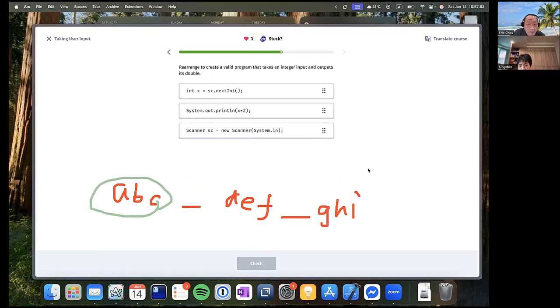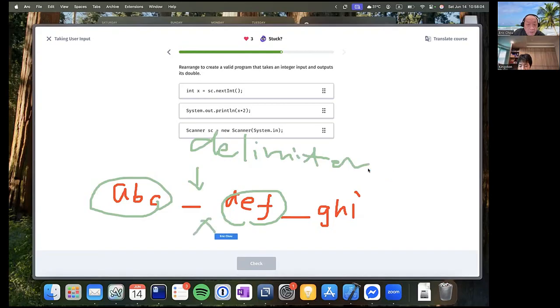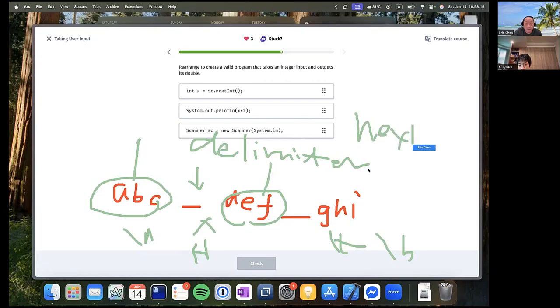The second one will be D E F. These are so-called delimiters, so it skips the space. Or you have a change line mark, backslash n, or backslash t or backslash b. These so-called white space characters will be skipped. So it's token by token. It's called the next function, next token.